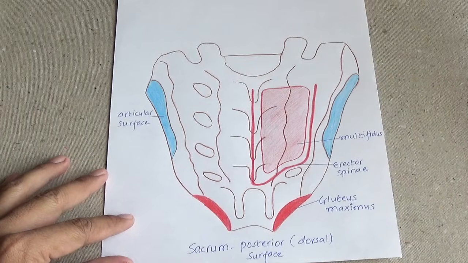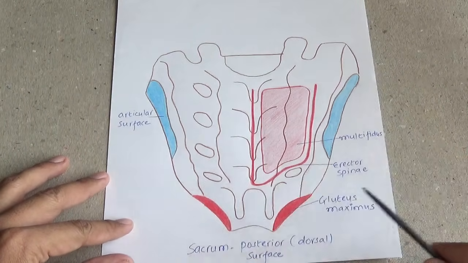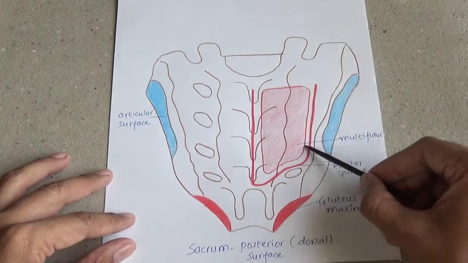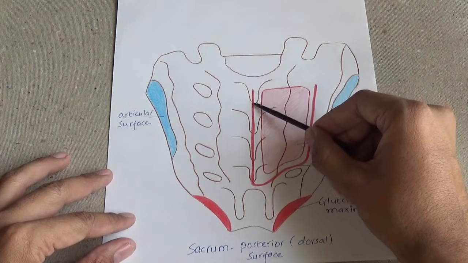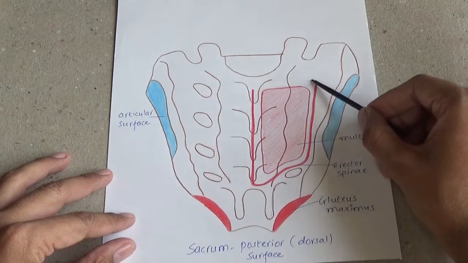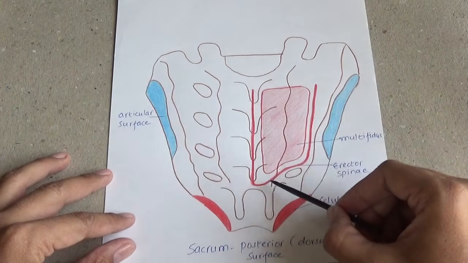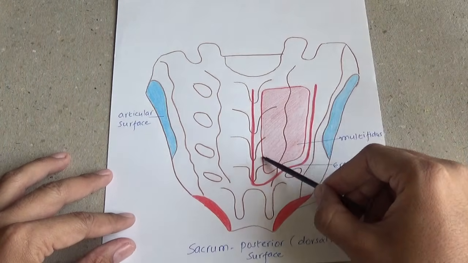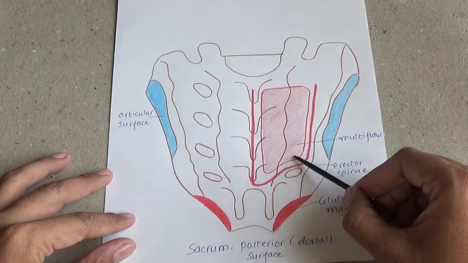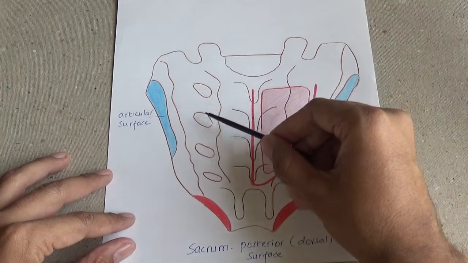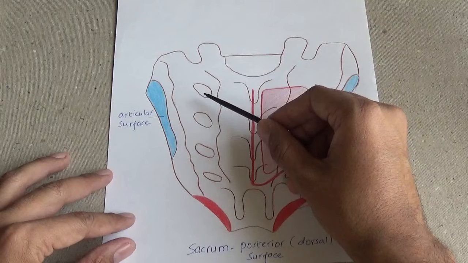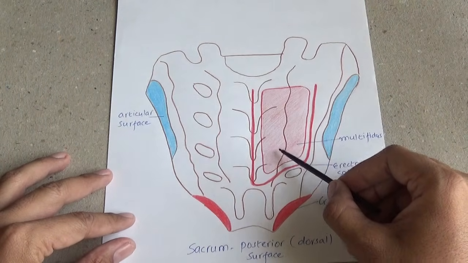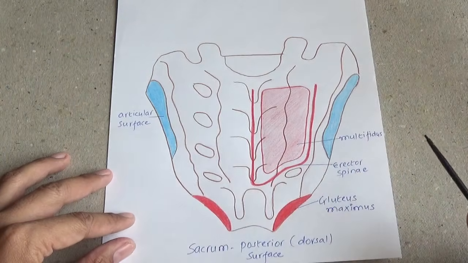Now to understand structures related to dorsal surface of the sacrum, let's see this diagram. So here you can see there is origin of erector spinae in the alphabet U pattern, which takes origin from the spinous tubercles and from the transverse tubercles. In between this there is origin of multifidus, that also covers dorsal sacral foramina. As we have discussed, dorsal sacral foramina will allow passage of dorsal primary rami of S1 to S4. So this dorsal primary rami will have to pierce these two muscles to reach to the surface.